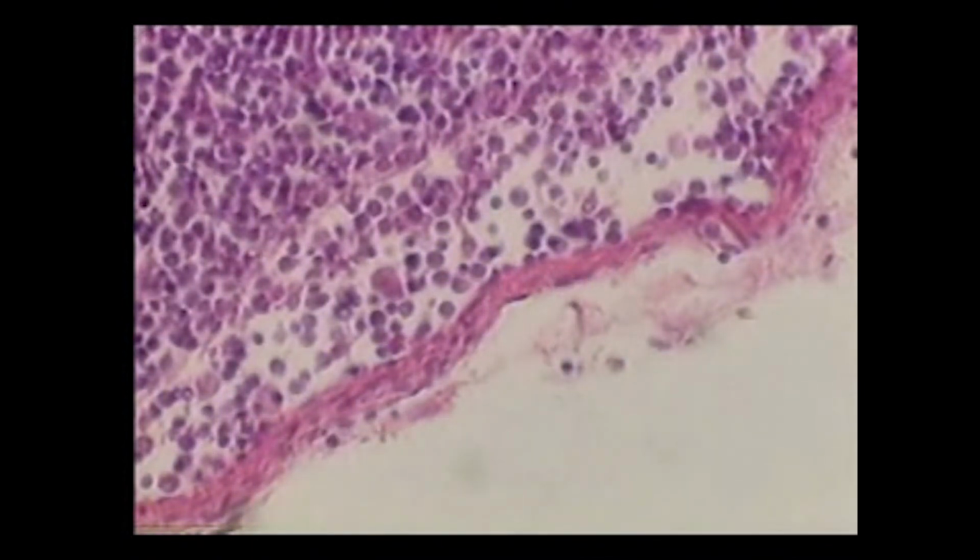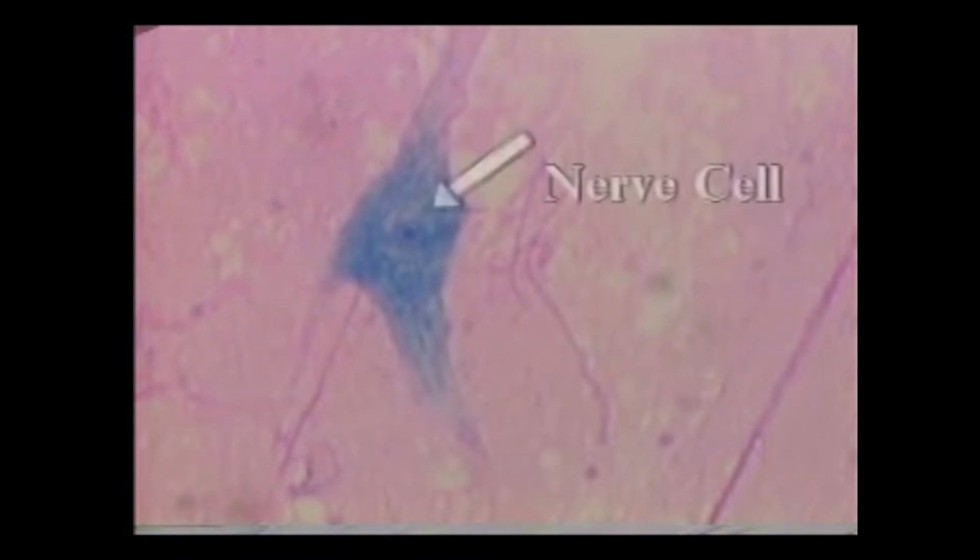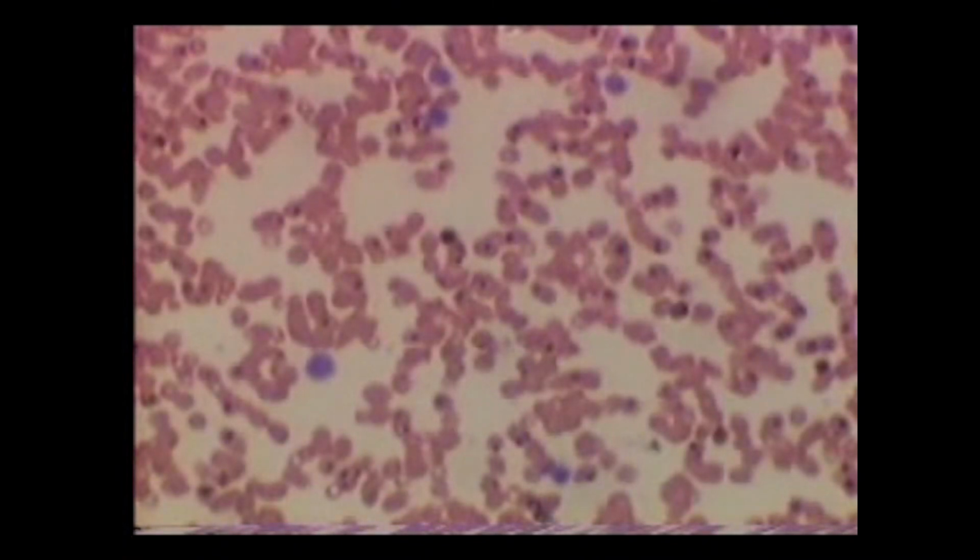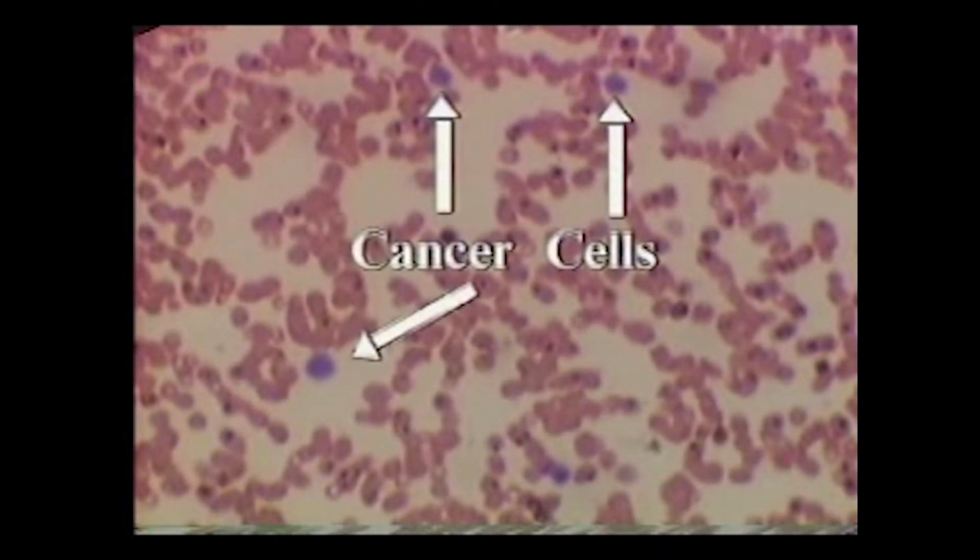However, there is considerable variation among different types of cells as to how much of their life cycles are spent in interphase and in mitosis. For example, this human nerve cell rarely reproduces. Instead, it can remain in interphase for up to 60 years. Because nerve cells rarely reproduce, even to replace dead or damaged cells, nerve damage, such as results from strokes or spinal cord injuries, is usually very serious. On the opposite end of the scale from nerve cells are cancer cells. These purple-stained cancer cells, which stand out clearly against a background of red blood cells, were taken from a leukemia victim.